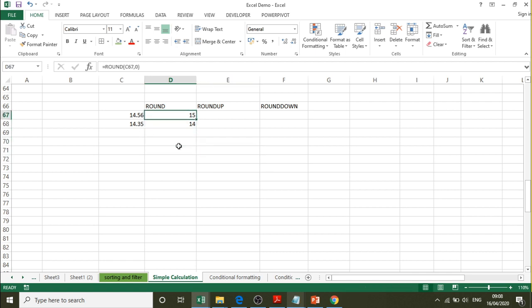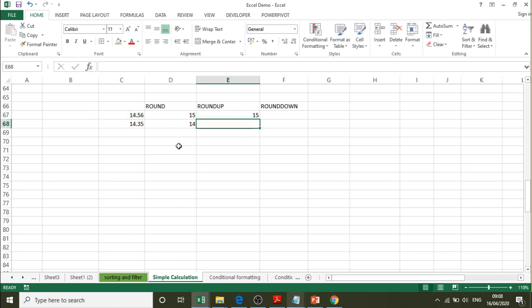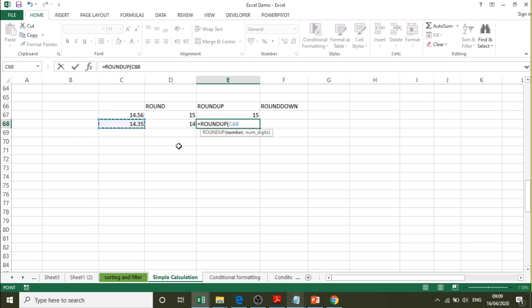So here we will work this example. You see here, equals ROUNDUP, the cell address, that is C67, comma 0. So we will get the value as 15. Similarly we will try to work on this ROUNDUP, it is 14.35, that is cell address C68, comma 0.